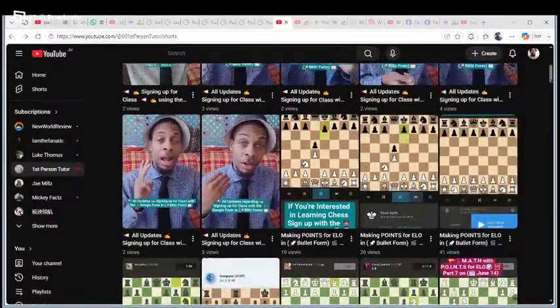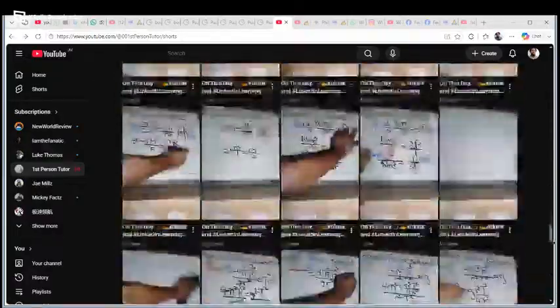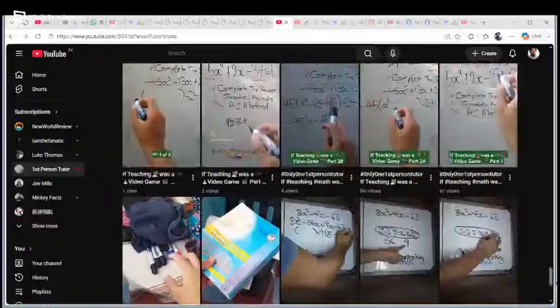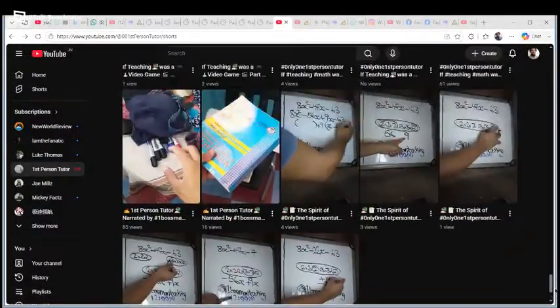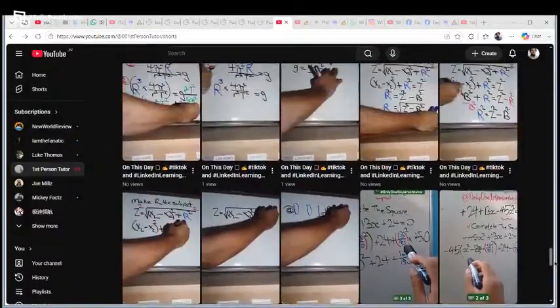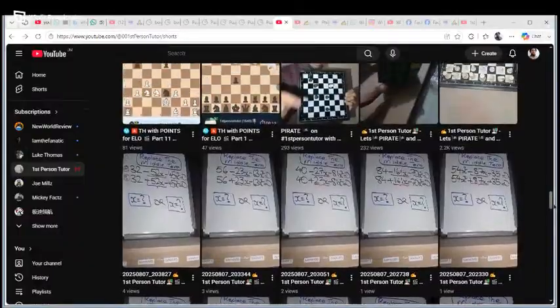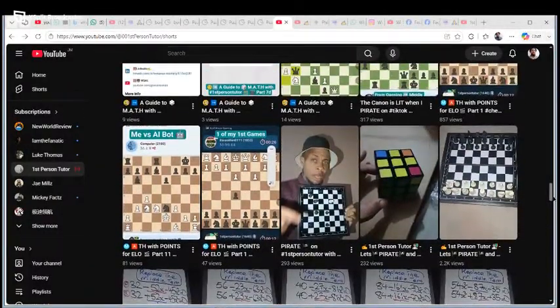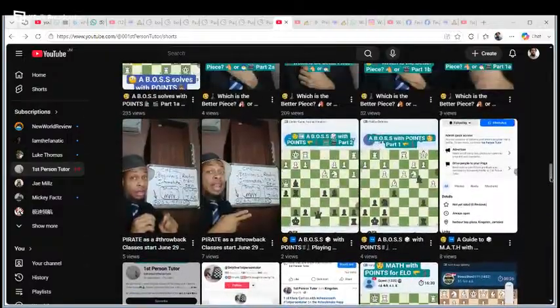Yeah, I'm kind of proud of looking back on the shorts. I really am, because it's showing me where all of this is coming from. The idea of First Person Tutor is that you'll be looking at the board, focusing less on my face. So I try not to be as distracting unless I'm advertising for classes, like with me and the chessboard, or with me and the Rubik's Cube, right?